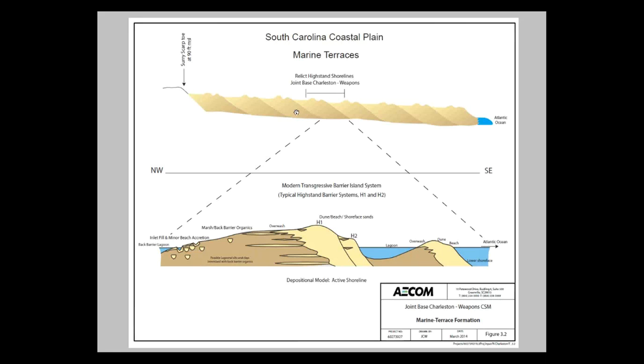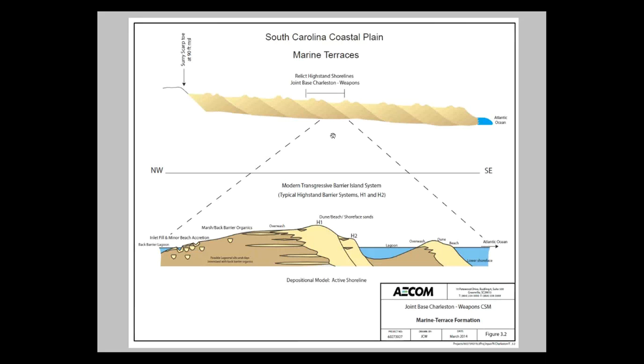In this part of the coastal plain, though, this beach dune complex is part of just a whole series of these type depositional environments that were formed as sea level moved back and forth, with the Surrey Scarp here being at 90-foot MSL. That was a Pliocene transgression, which was the last major one. Since sea level really hadn't risen more than about 25 feet, this shows that this area has been uplifted a little bit. And then as you step down, you drop down in elevation with each one of these terraces to the Atlantic Ocean.